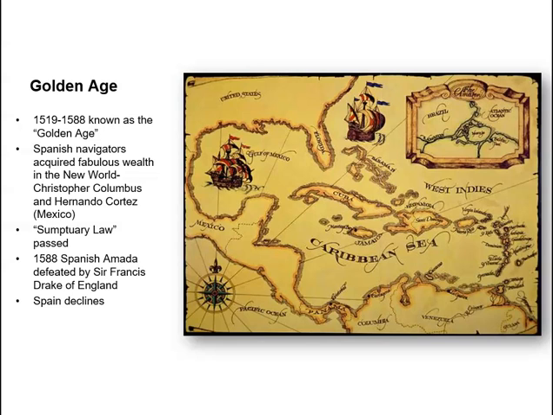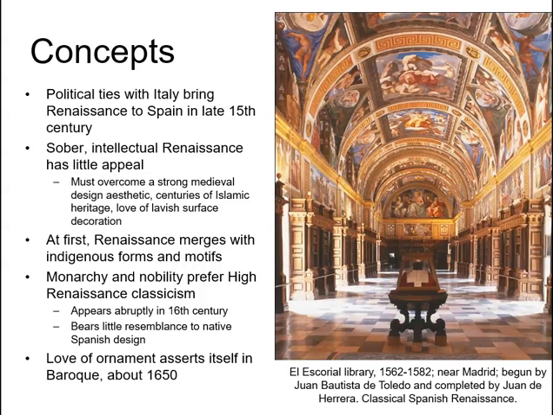So, for example, a certain class could not wear a certain fabric or type of fabric, and they were put in place to regulate consumption, but also to make sure that the middle class would never look nicer than the nobility. Political ties with Italy helped to bring some of the Italian Renaissance design concepts to Spain in the late